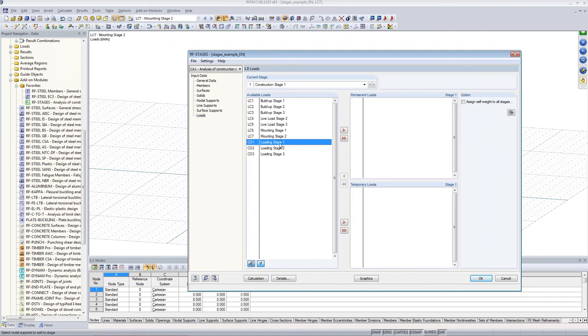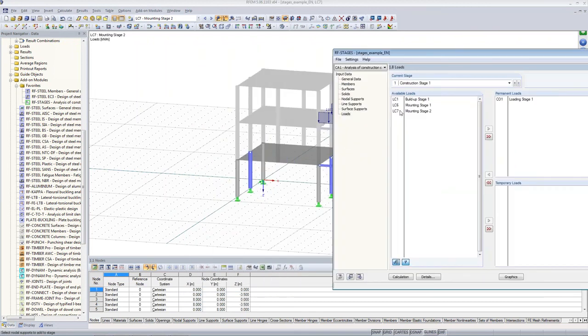Yeah. So in stage 1, I prepared a load combination number 1, so I can add this over there. Stage 2, loading for stage 2 as a combination, and stage number 3. What about the self-weight? Self-weight is a special type of load in RF-STAGES. You can add the self-weight as a separate load case for every stage. So in this example, I could create 3 load cases of self-weight, but this is quite time-consuming,